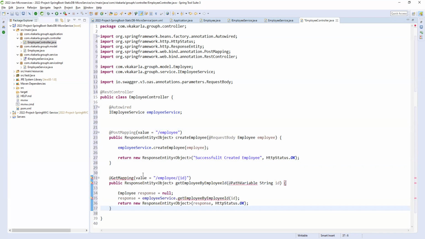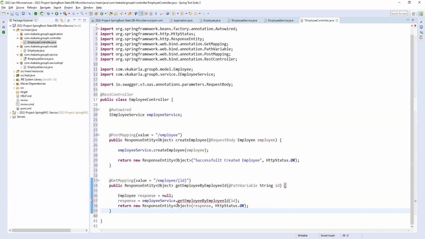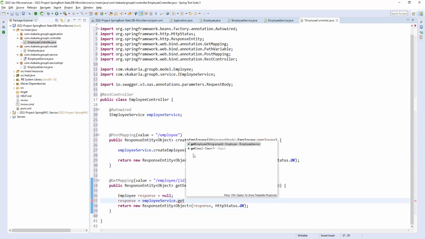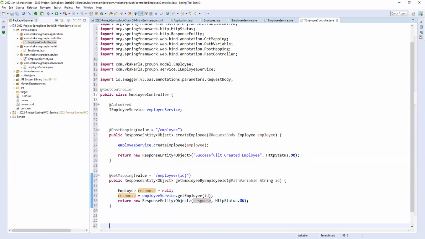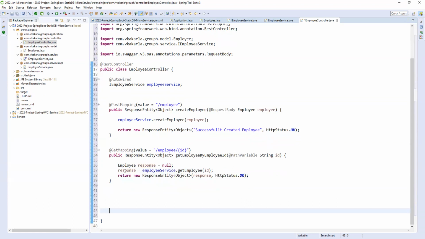So this is the get employee, for GetMapping. I'm putting here get employee. So, employee response. Just now I said, whatever we are getting, if you want to send a response, you can set a response here. If you want to set some message, you can set it like this. So it's the HTTP status.